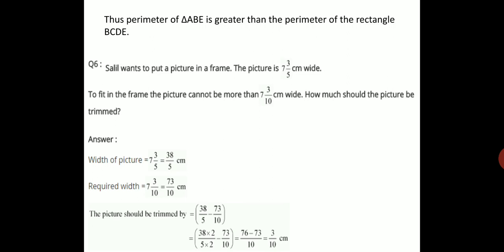Now I think it is clear to you, this question number 6 also. Today I am doing till question number 6. The remaining questions we will see in the next PPT. I am sending a worksheet. After this PPT you have to solve this worksheet. I will interact with you in the next video. Thank you.